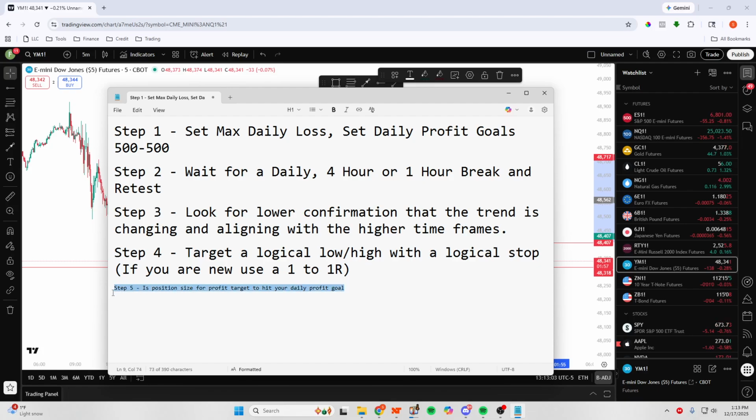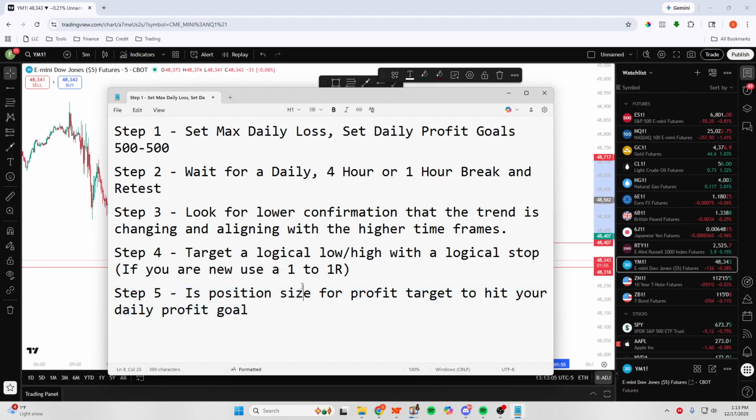And then also make sure that your stop loss is also your max daily loss. And that's the 5 steps, right? Have a max daily loss in mind, set a daily profit goal, right? Stick to that, because at the end of the day, you can make $1 million per account in theory,